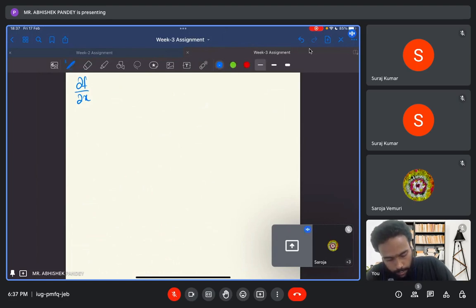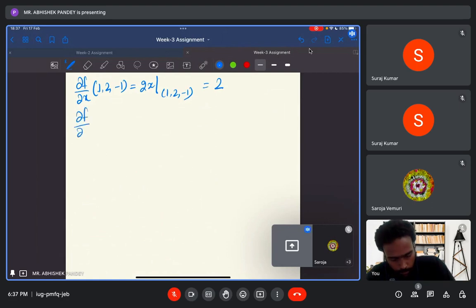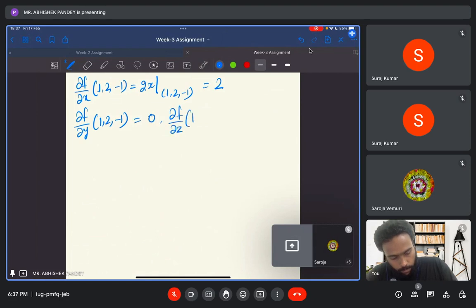So del f by del x at (1, 2, -1) is nothing but 2x at (1, 2, -1), which is 2. Del f by del y at (1, 2, -1) is nothing but 0, and del f by del z at (1, 2, -1) is nothing but 2z at (1, 2, -1), which is -2, okay. Similarly,